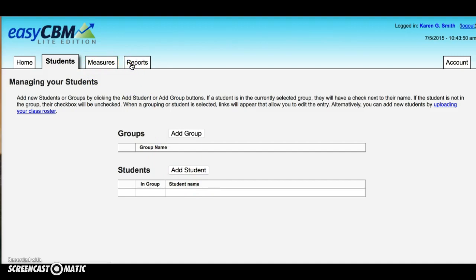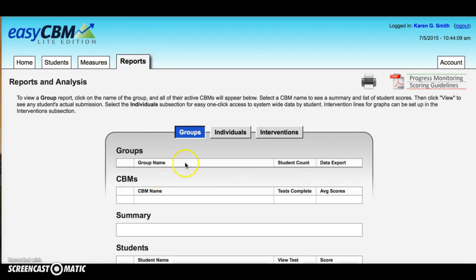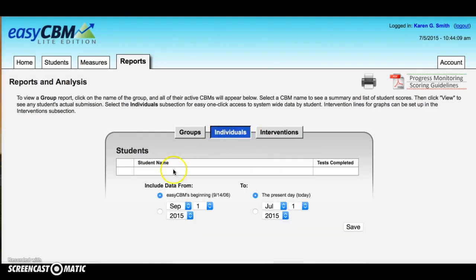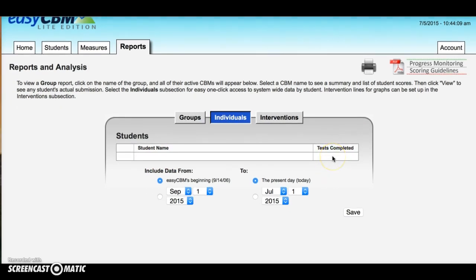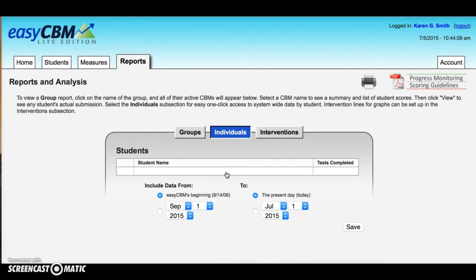When you go to reports, if you've entered your individual student, you will see your student, the tests completed, if in fact you've entered the scores or if they've taken it online. And again, this is usually data if you're going to be using this as a tool, but for this assignment, it's not necessary. But I would like to direct you to the progress monitoring scoring guidelines. This will help you in your analysis. If you would click on here,